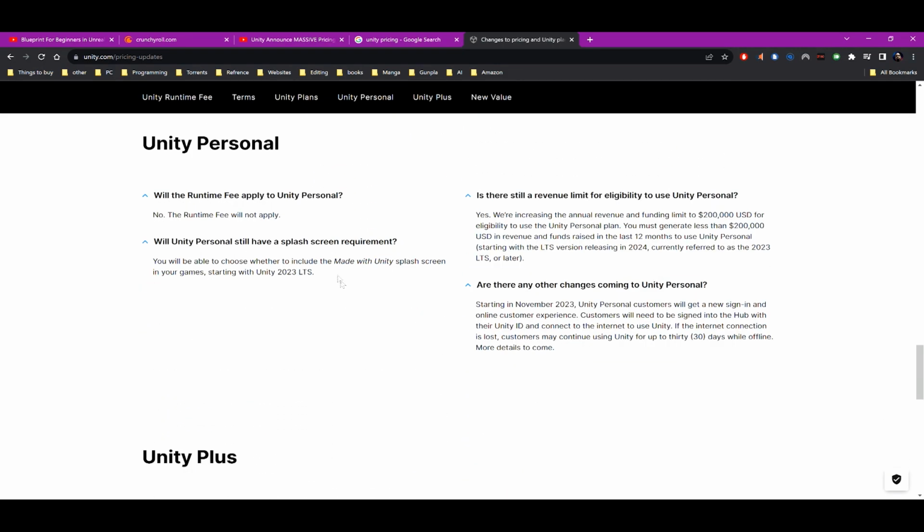Now they also made a bunch of other changes. You no longer have to use the Unity splash screen, which is actually a good thing for them, because a lot of the games that were forced to use this were a lot of cheap games, which was really giving Unity a bad name.